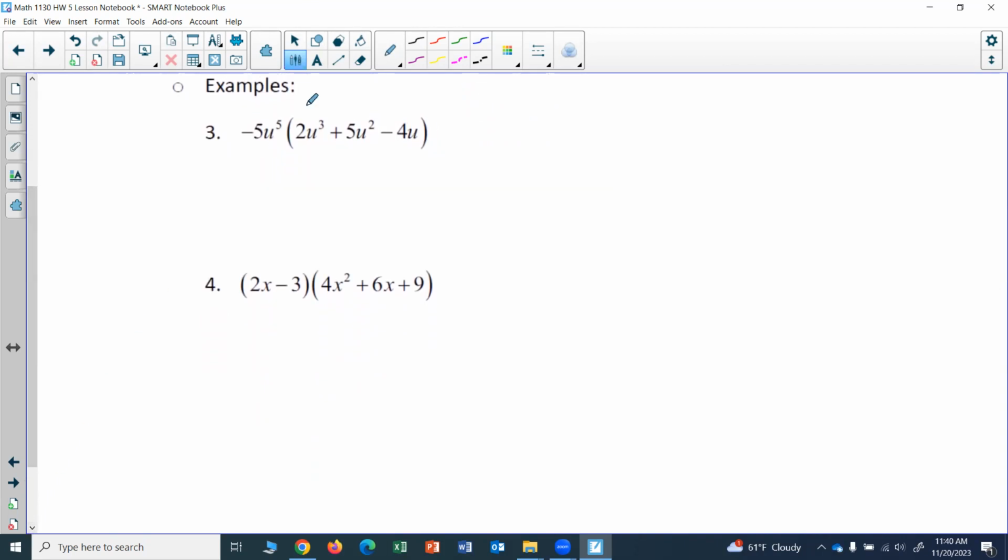So in this first one, I have negative 5u to the fifth, parentheses, 2u cubed plus 5u squared minus 4u, close parentheses. So in this case, I have what we call a monomial, a single term polynomial. And when I have that, the only thing that I can do is just distribute that to each term inside the parentheses. So this would become negative 5u to the fifth